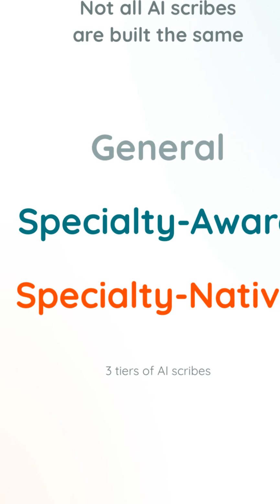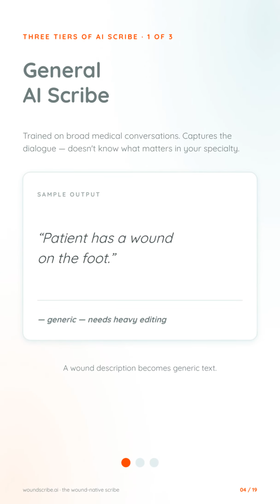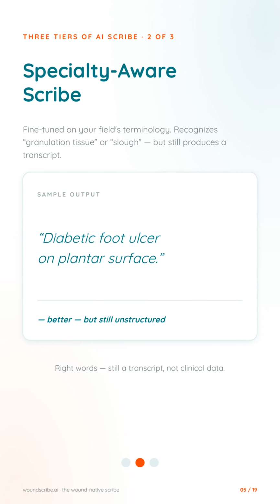Tier 1, it's the general AI scribe, trained on broad medical conversations. It captures the dialogue accurately. But a wound description comes out as generic text. Patient has a wound on the foot. Accurate words, useless documentation. Tier 2, the specialty-aware scribe, fine-tuned on your field, so it recognizes terms like granulation tissue